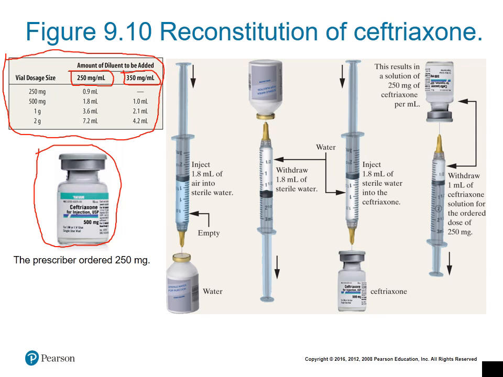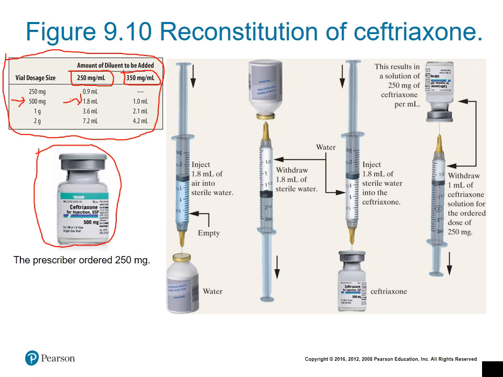Alright, so how you start: first you look at the table here, and we're working with the 500 milligram vial. The order is 250 milligrams, so we want to achieve a strength of 250 milligrams if possible, and it is possible if we look down here and we add 1.8 milliliters